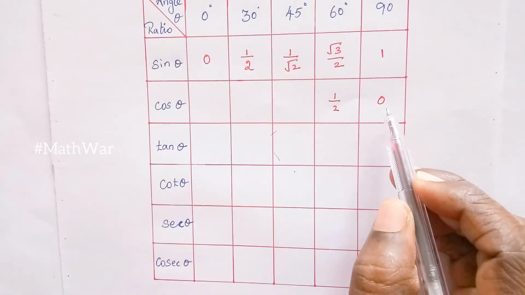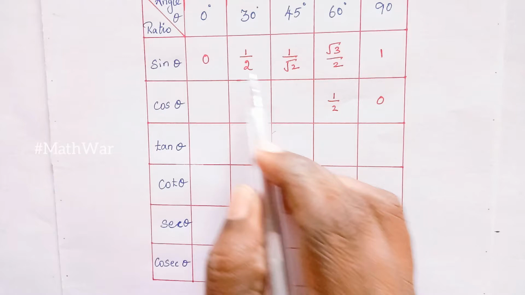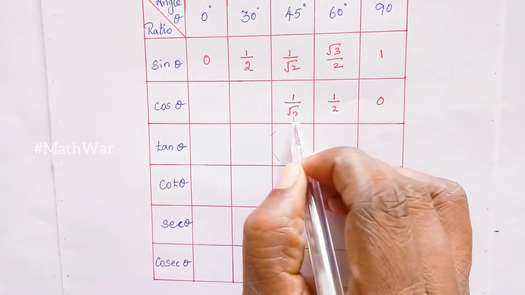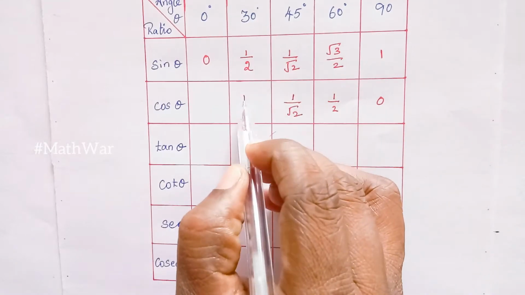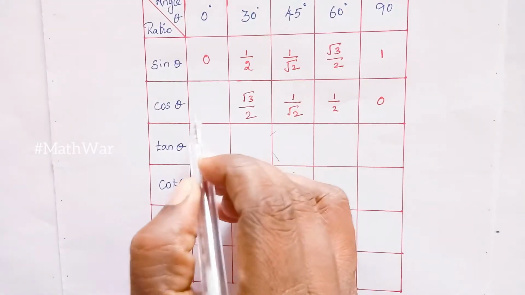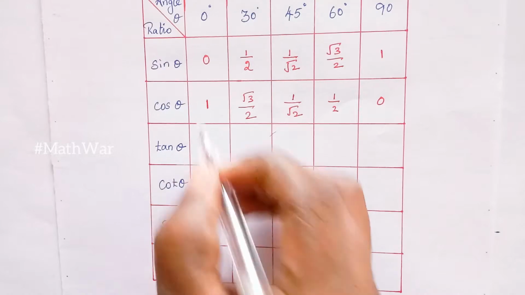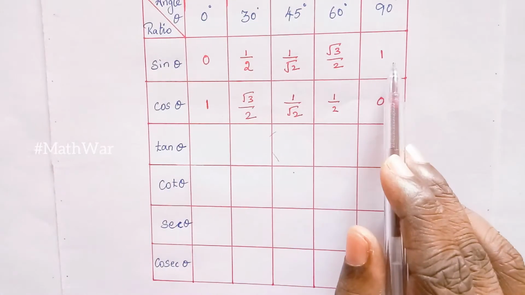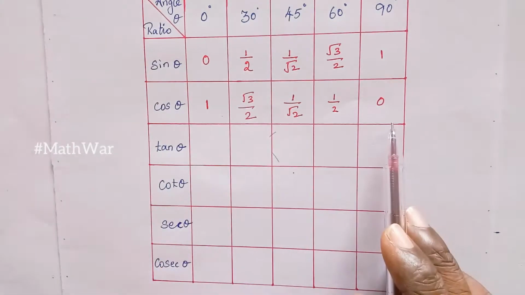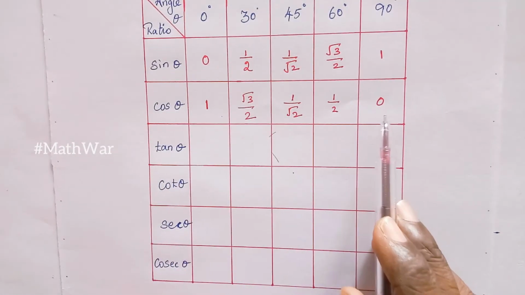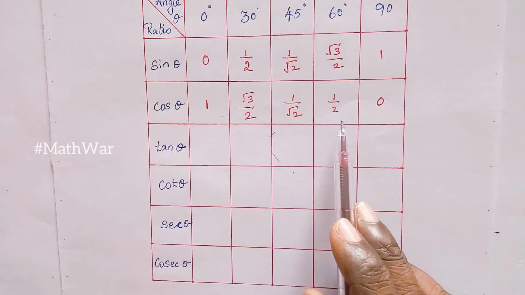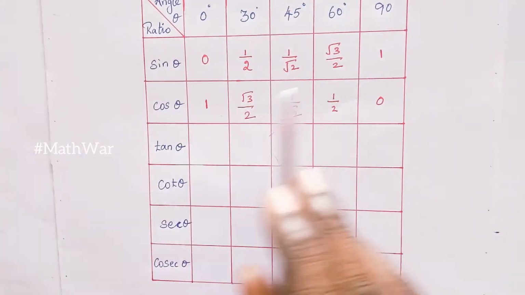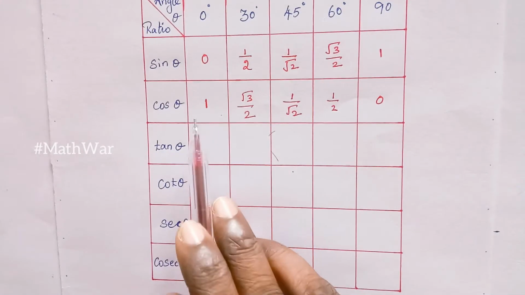So first number we wrote it as 0, second number 1 by 2, third number 1 by root 2, that as it is we should write it here, and fourth number root 3 by 2, that you should write it here, and fifth number is 1, that we should write it here. So you can see here exactly in a reverse way it came, like the last value comes first, first value goes last. So 0, the first number, is the last number, 1 by 2 before the last number, 1 by root 2 before that, and root 3 by 2 before that, and that last one will come as the first one.